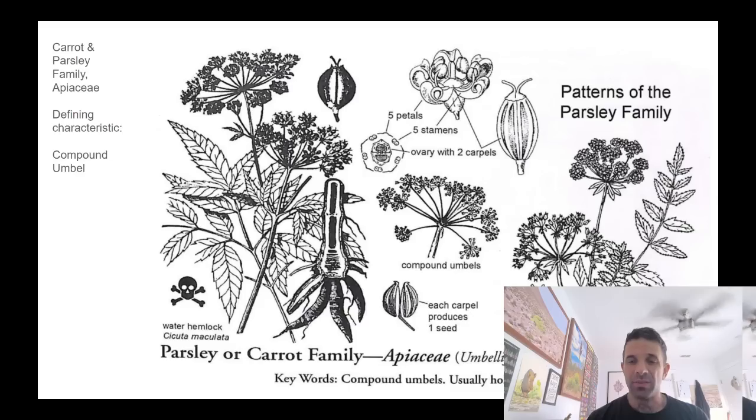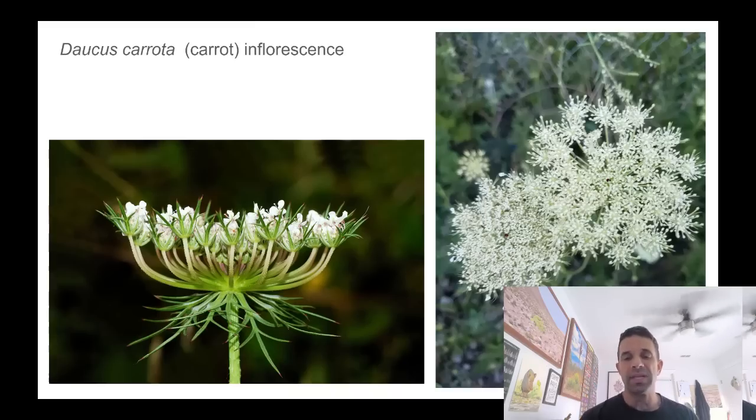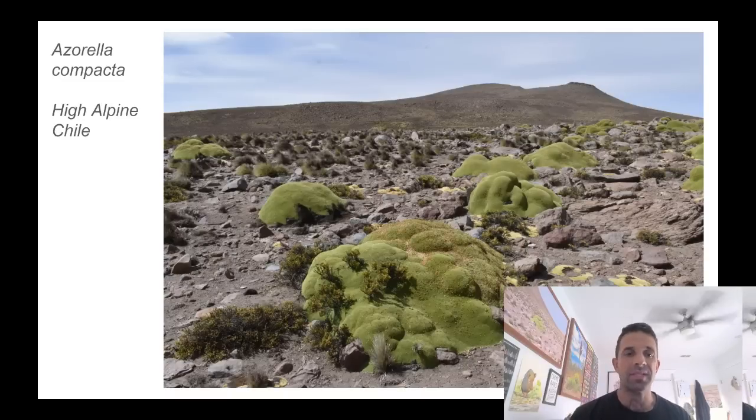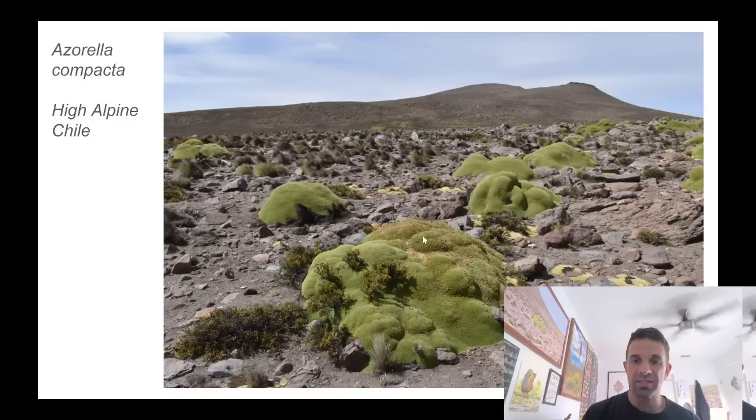But this really gets into it. This flower structure is how we grew plants. There you go. There's Azorella compacta. And great example of convergent evolution in this photo. That's Azorella compacta. This is a plant from the carnation family, Caryophyllales, also taking on the matted habit